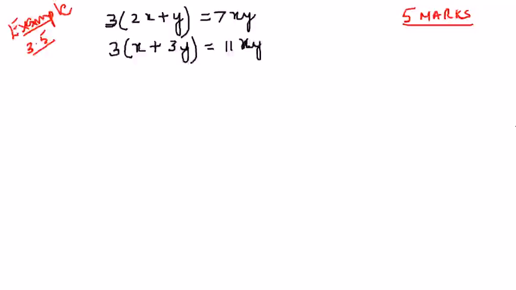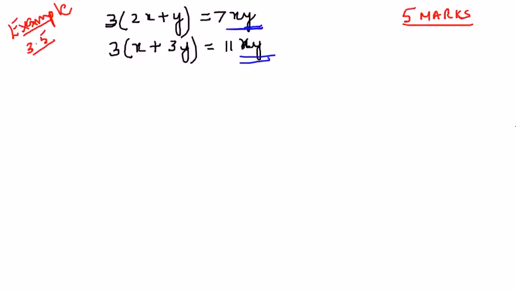Example 3.5. Example 3.5 is a 5-mark question. You have to solve these two equations by the elimination method. So, this first, two linear equations are there. The difference between the previous sum that we did and Example 3.5 is that on the right hand side